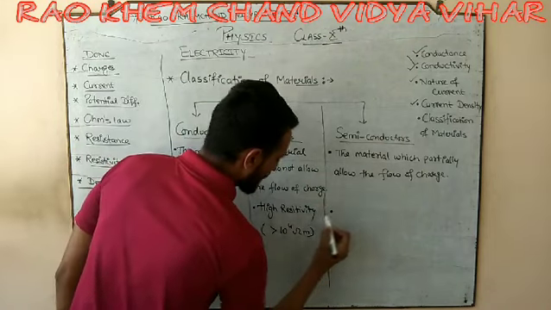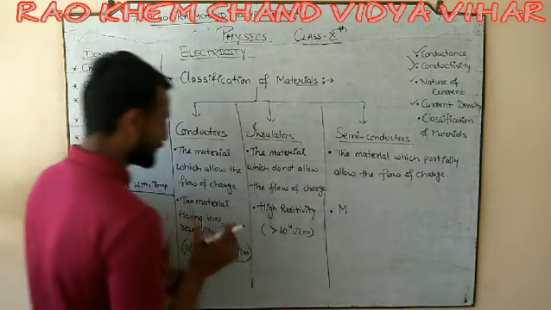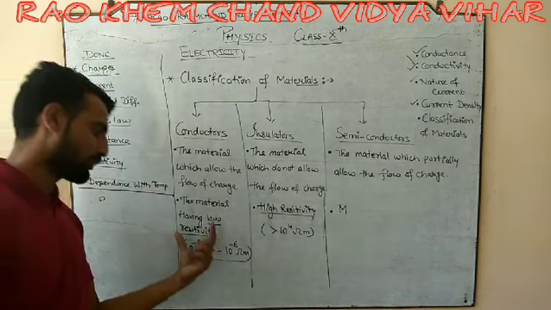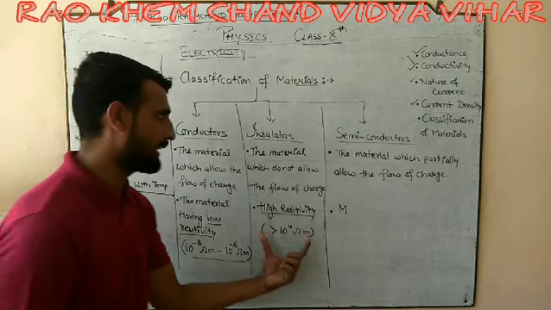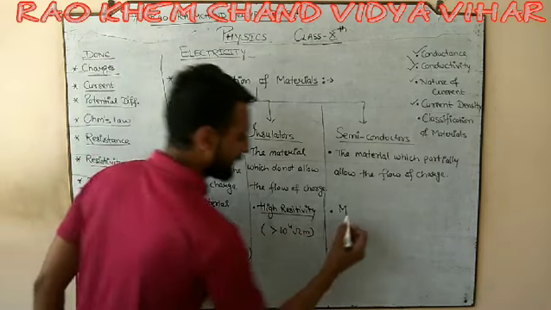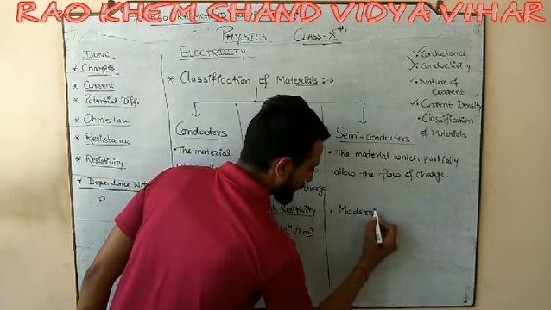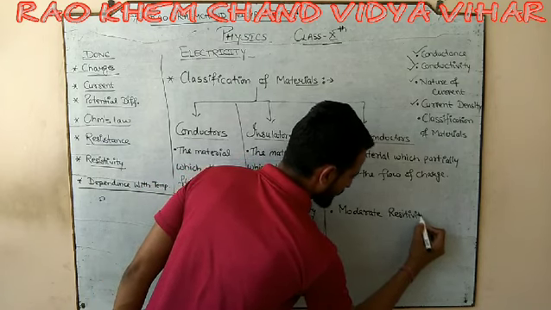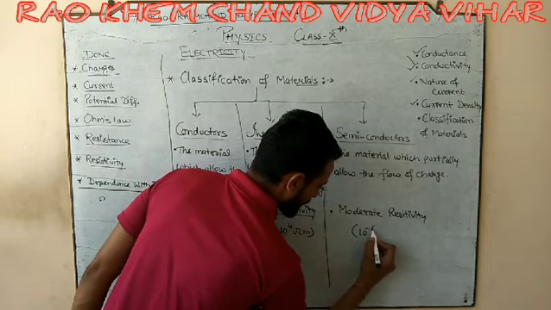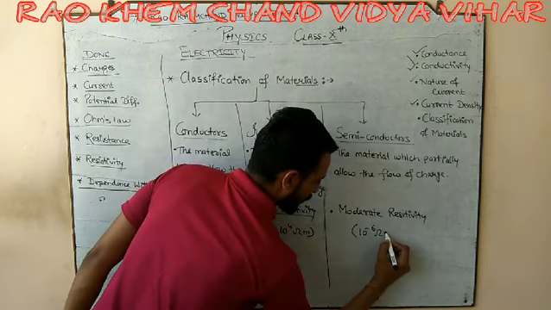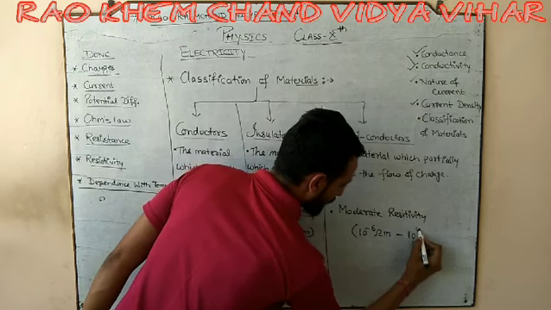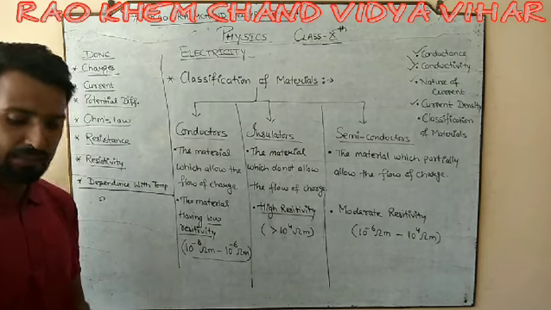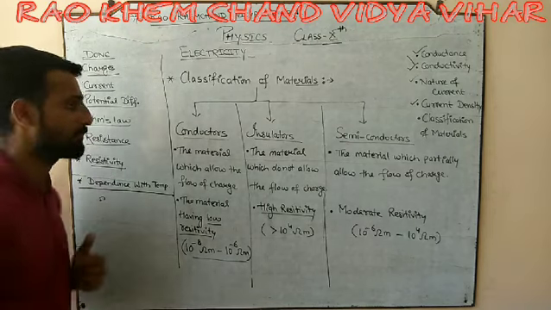Okay. Similarly, which have not that much low resistivity and not that much high. मतलब ये ना तो कंडक्टर जितना लो रेजिस्टिविटी देता है, ना इंसुलेटर जितना हाई रेजिस्टिविटी. So it has moderate resistivity, and that resistivity is from 10 power minus 6 ohm meter to 10 power 4 ohm meter. So इन दोनों के बीच की ही रेजिस्टिविटी के मटेरियल्स को ही क्या बुलाते हैं? सेमीकंडक्टर.